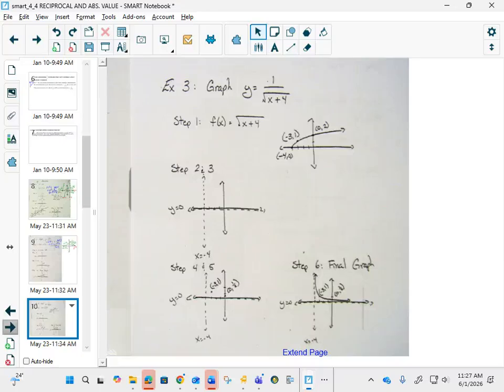So now we'll do one. Now we'll do one that is a graph from this here. So on the bottom, you have the square root of x plus 4. Here's your original graph. It's just a square root graph moved 4 to the left. Then right beside it,